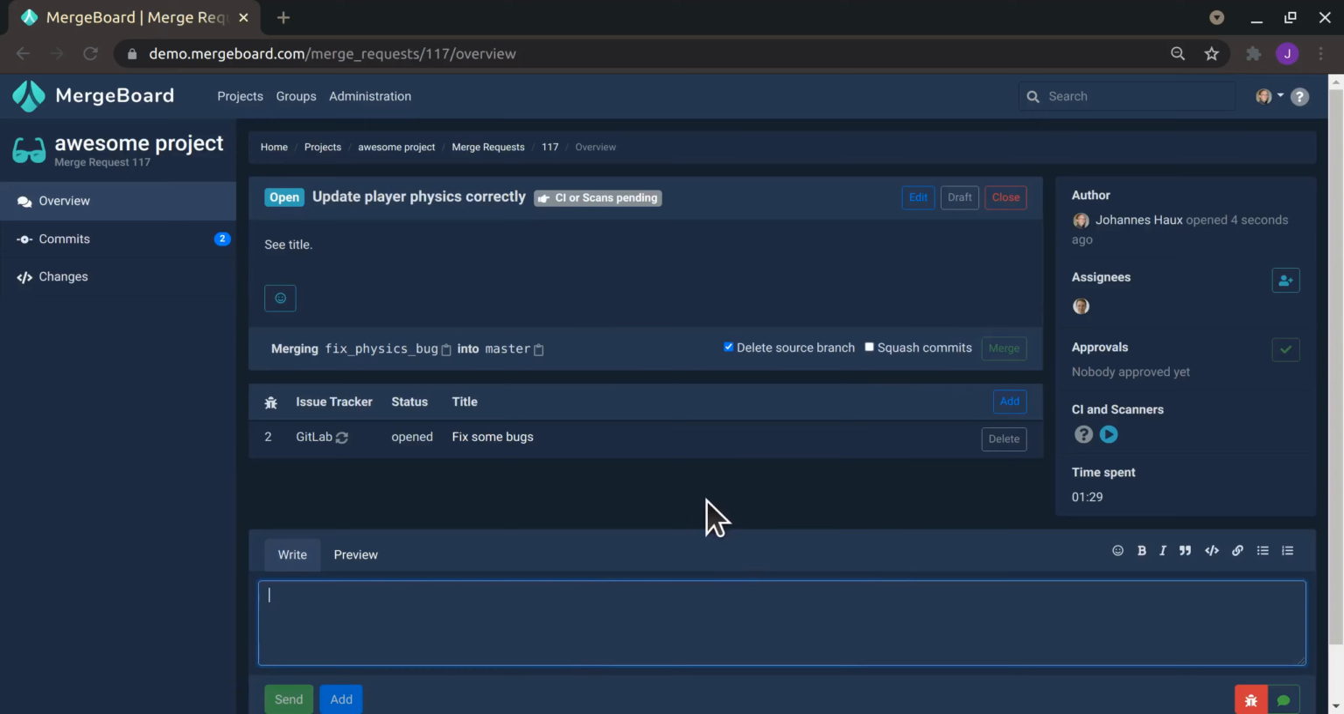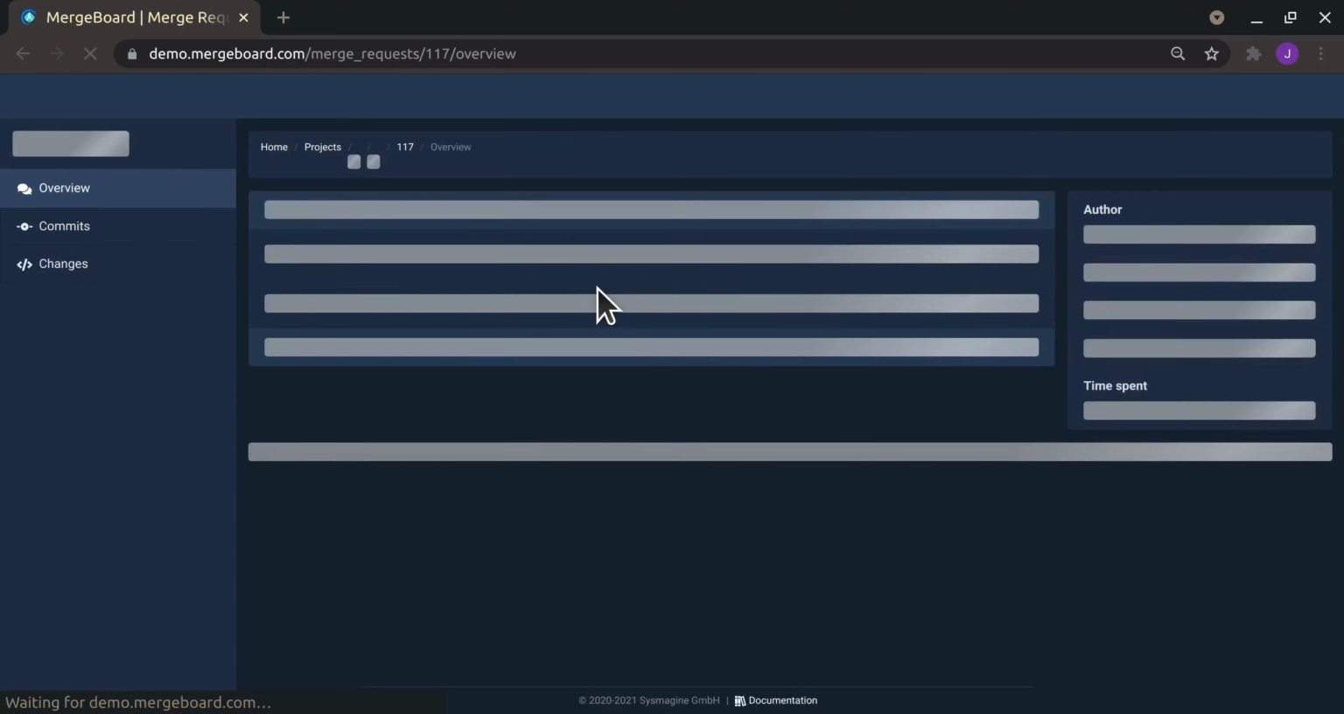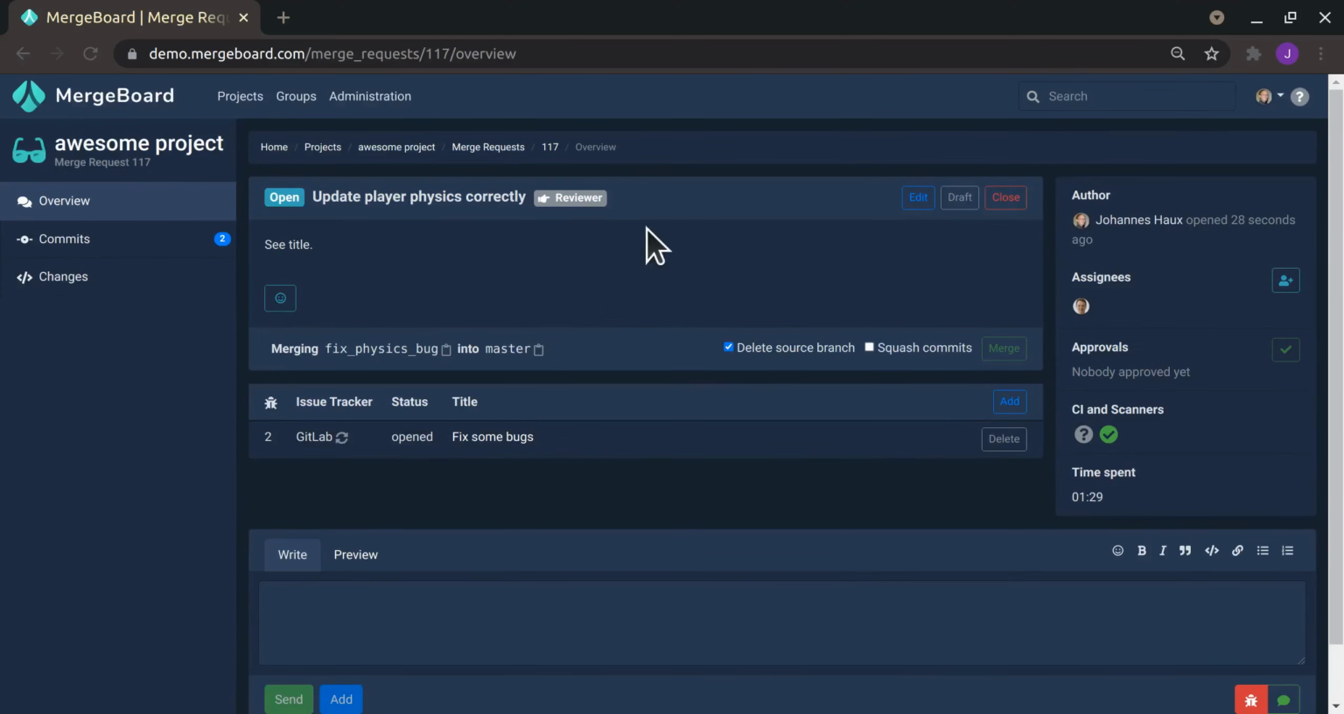So that was easy. Note that currently the CIs or scans are the only ones who can actually advance the merge request as long as these are running. In this project, it's only the scanners. Neither the author nor the reviewer can advance the merge request, so this is why this is gray. If I refresh, you'll see that the scanners are done, and the reviewer is now in charge of this merge request. All right, you can see that there are 2 commits in this merge request right now,